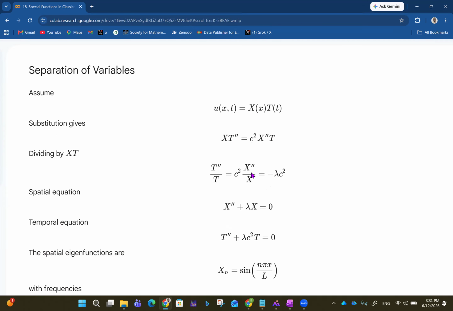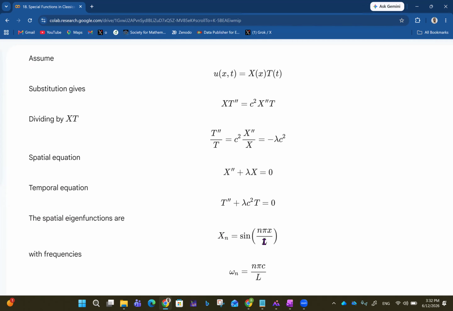So you just have x'' = -λx. So that becomes this in the spatial equation. For the temporal equation, you have T''/T = -λc². So that's T'' = -λc²T, which then becomes T'' + λc²T = 0. So the spatial eigenfunctions are then X_n = sin(nπx/L)